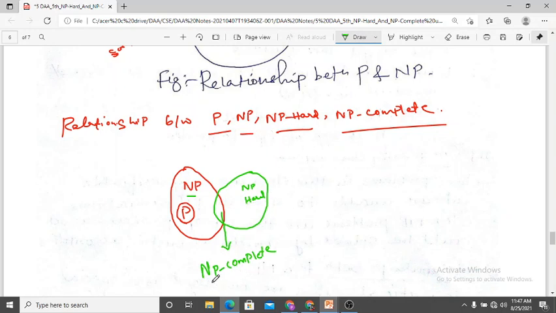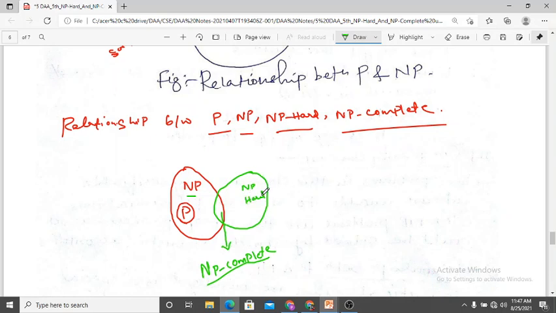That's why we are telling that whatever the NP complete problems are there, we can say they are NP hard, but whatever the NP hard problems, we cannot say they are NP complete, as we have studied above. All the NP complete problems we can say are NP hard, but